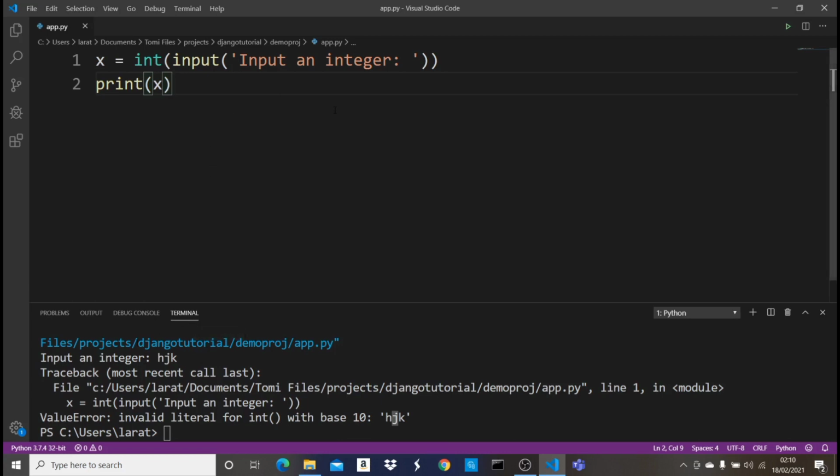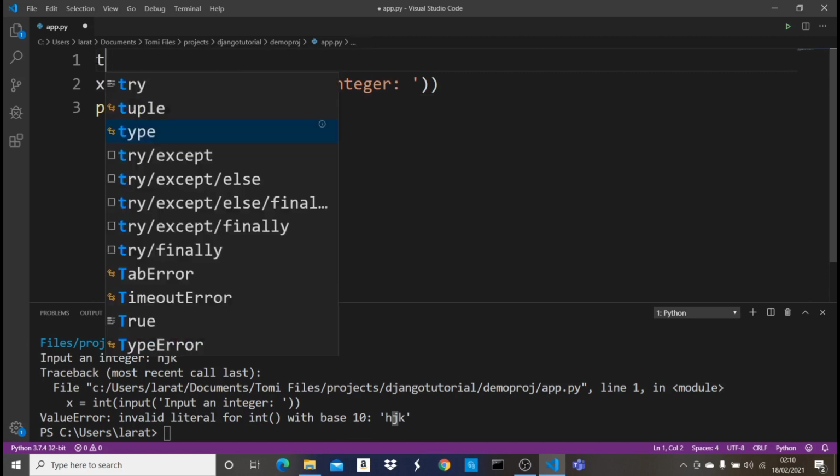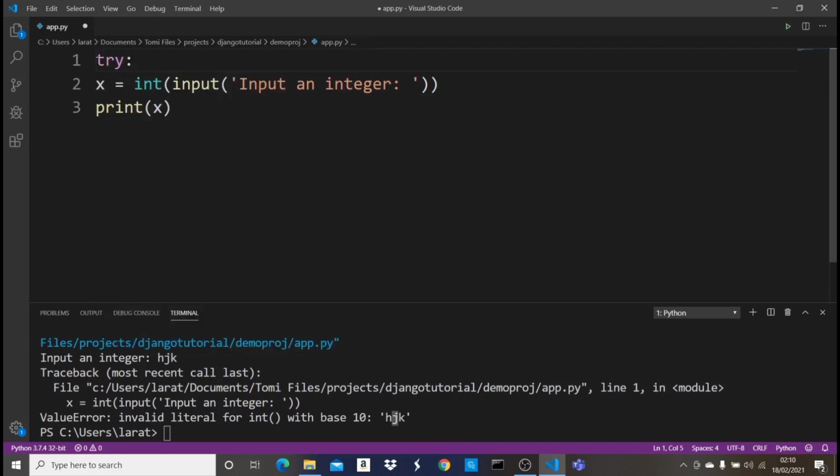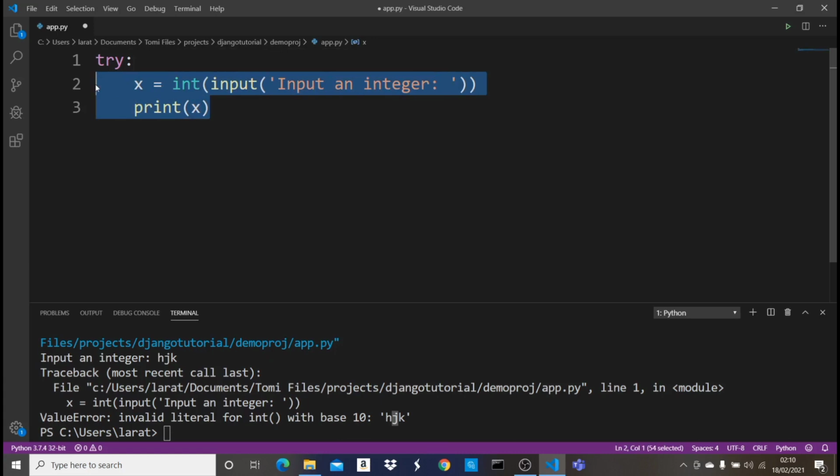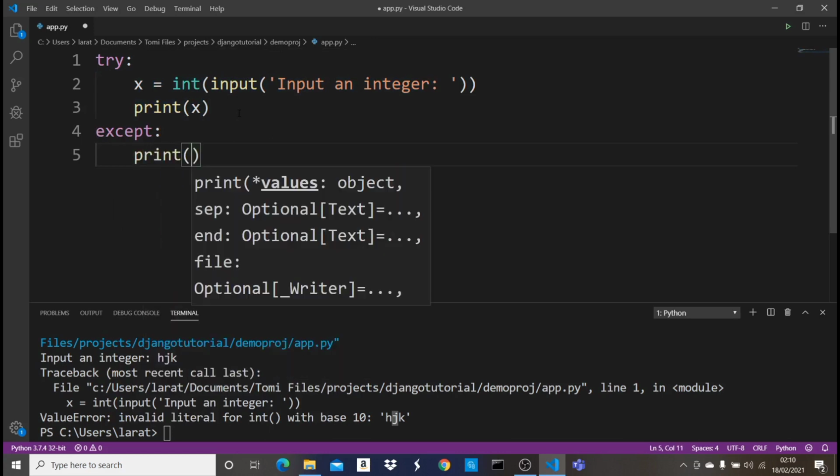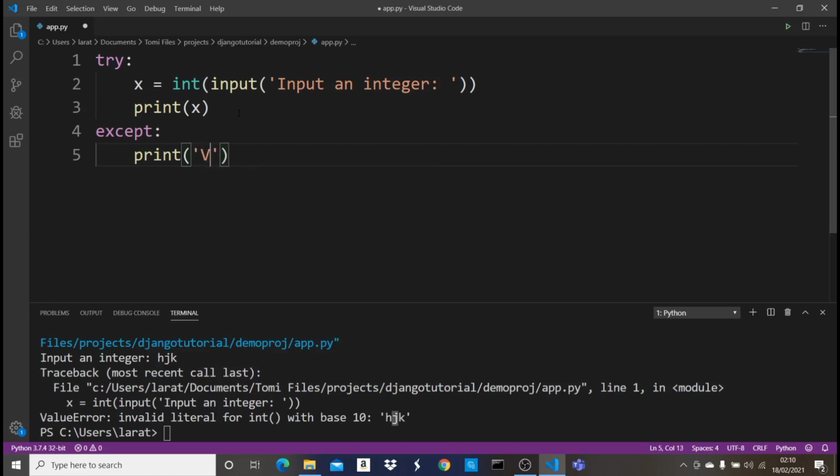So for us to do this, we're going to say try, like this, then all this is going to be in try, then after it we're going to say except, then we're just going to print value not an integer. So this try is saying try all this code, then if there is any exception at all,